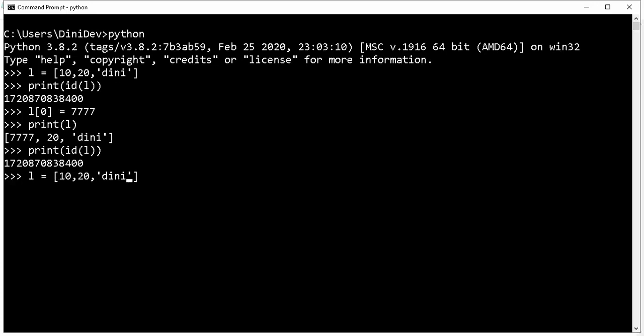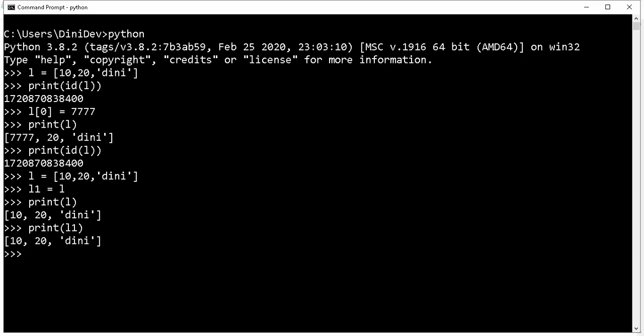L equal to 10, 20, Dini, and L1 equal to L. Now I am printing L and printing L1, the same thing.